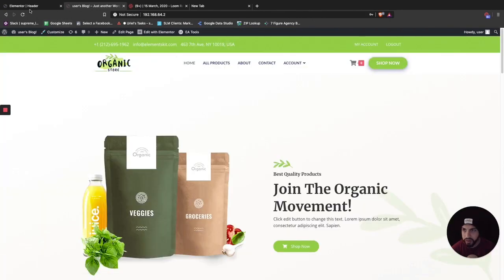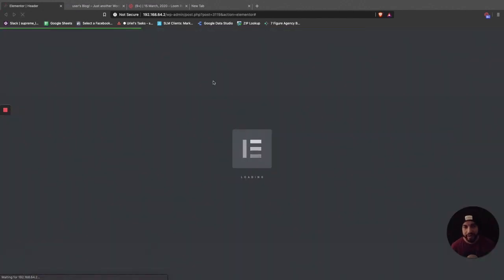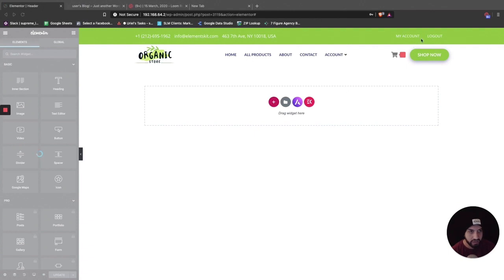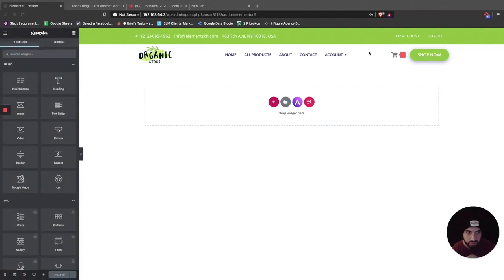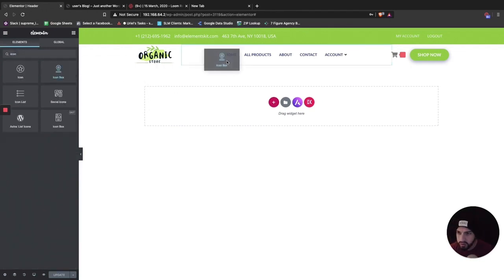Now, let's say you want to add some icons to your text here. So there's two ways of doing this. You can either add two more columns, and then add icons right next to them, or you could go ahead and just do this. So what you would do is